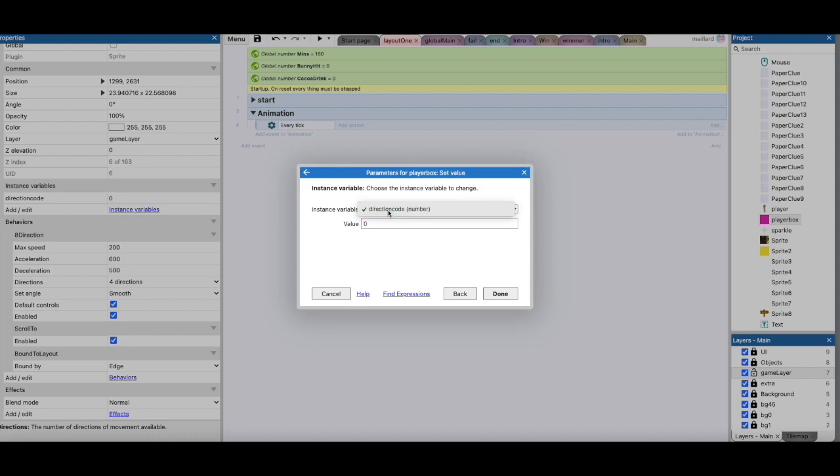So here's my instance variable. There is an instance variable in my 8-direction of player box, and it's a local variable, and it's set to 0, and that value is